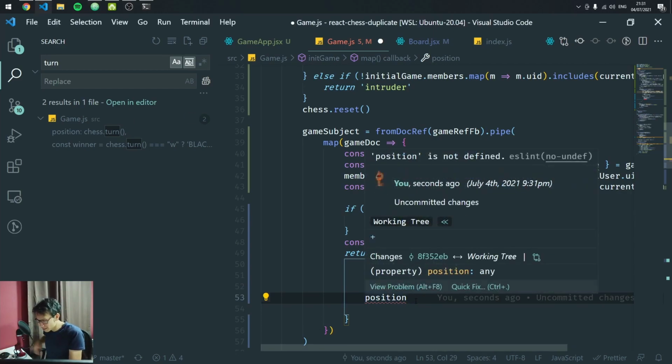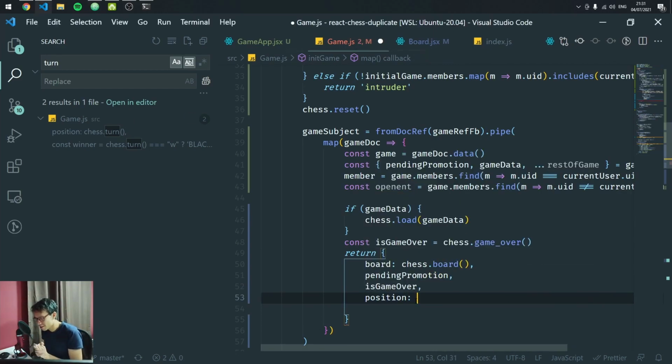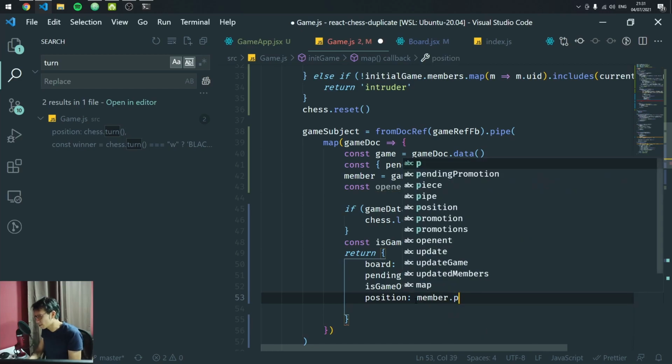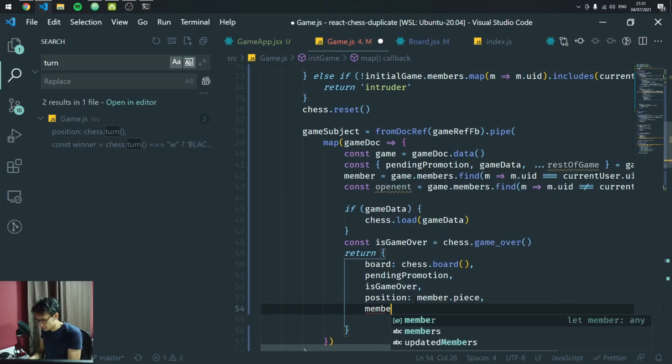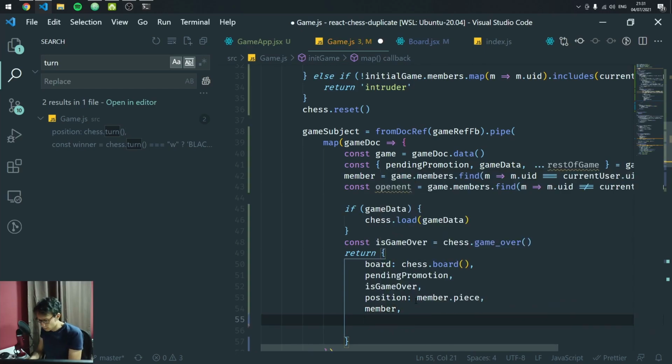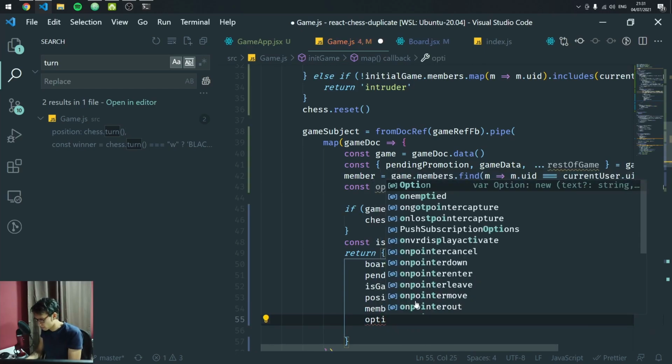And what's going to be the position? Well, it's not going to come from chess, it's going to be the piece that the member has. So that's why we wanted to change it, because now it's going to be the piece that the member has in this case, because we don't want to flip everything all the time. Then I'm going to also pass the member. I'm also going to pass the opponent,